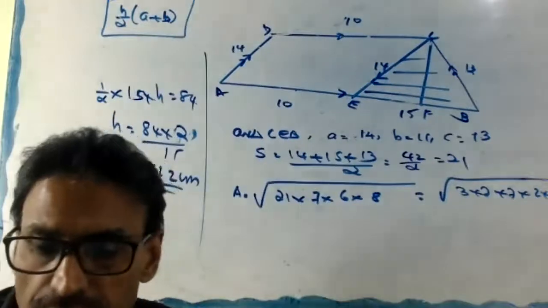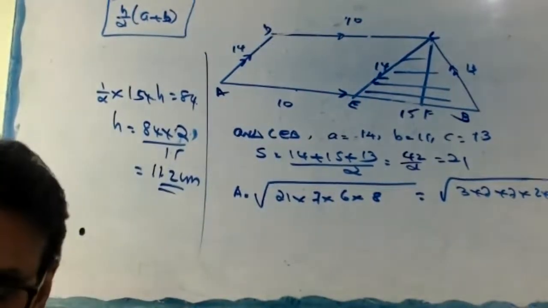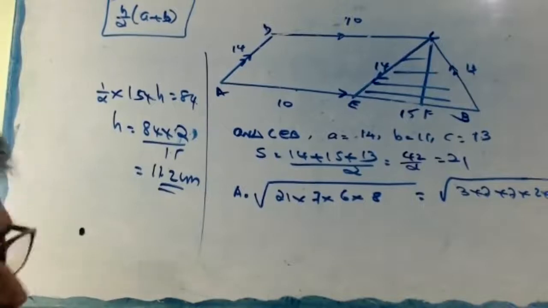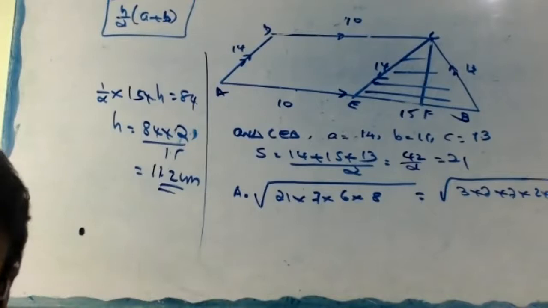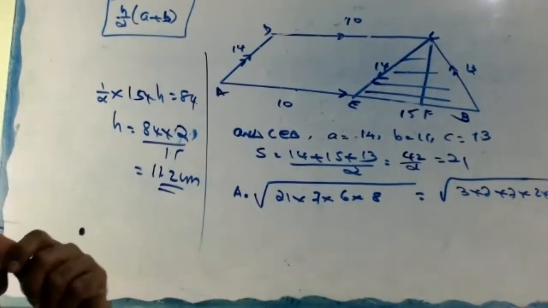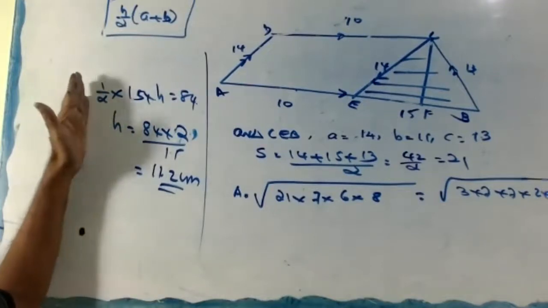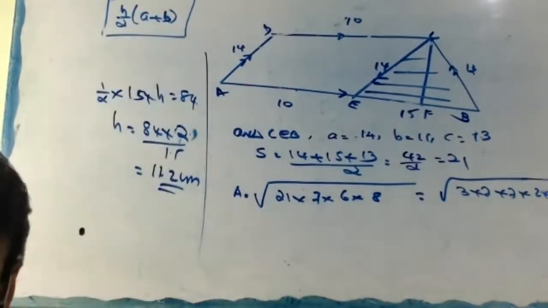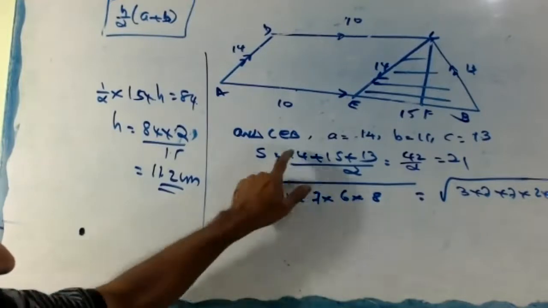Okay, I'll adjust the camera. Look here. You start now. Area of triangle CEB. Camera not out of here, you can see. Right now, start: area of triangle CEB equals